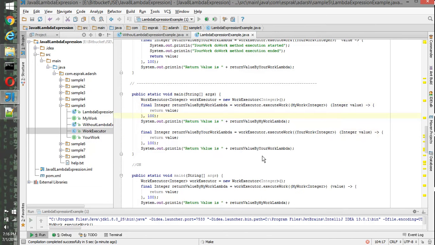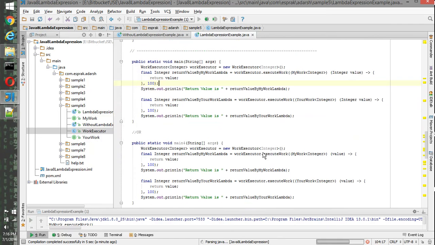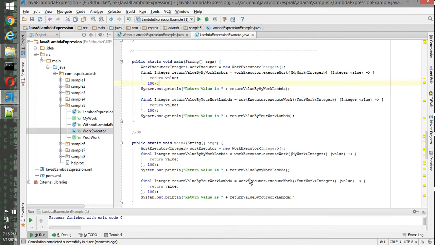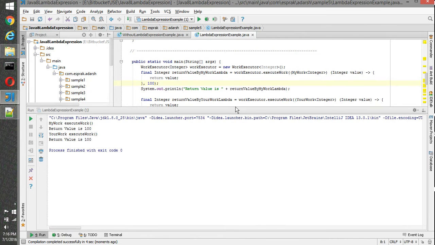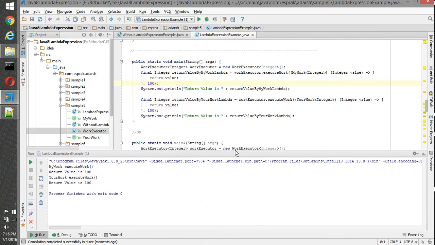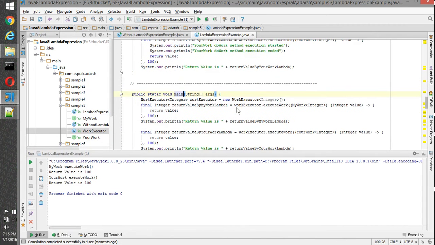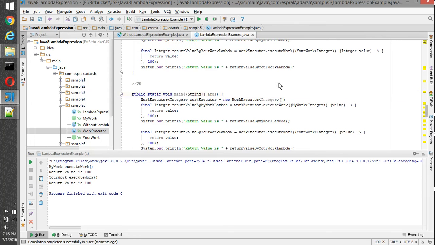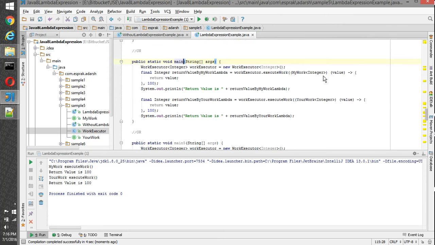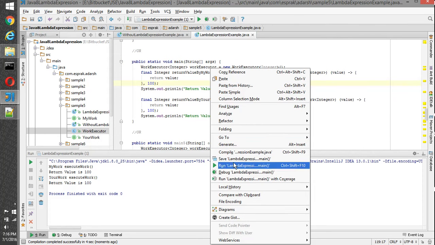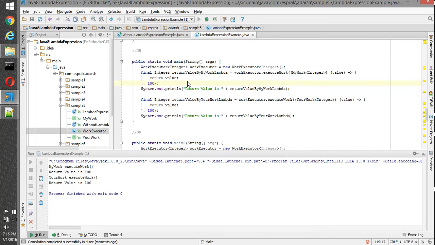That's why the semicolon is mandatory if we have curly braces inside the lambda expression. Then the executeWork method executes, and the same thing we have done here, we have just removed the data type too. That becomes optional because of the generic binding to the work executor.